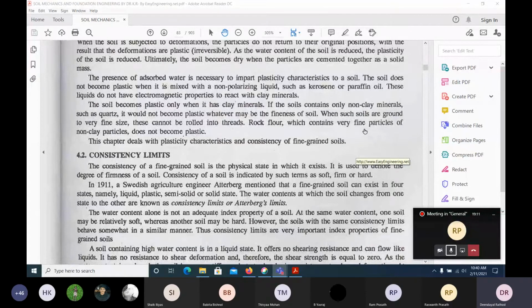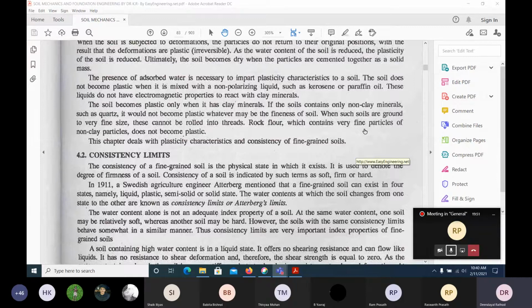He was an agriculture engineer and he observed it, and he has given his own definitions. What he says is the soil can be in a liquid state, that means more liquid, in a flowing state. It can be a plastic state. Plastic state means like we make a Ganesh idol, a molding state. And it can be a semi-solid state, and after that a solid state. So based on the water content, he stated that soil can be in liquid state, plastic state, semi-solid state, and solid state. Four states can be defined.